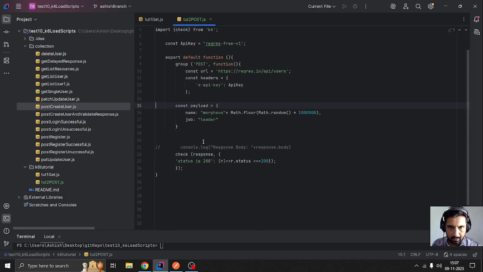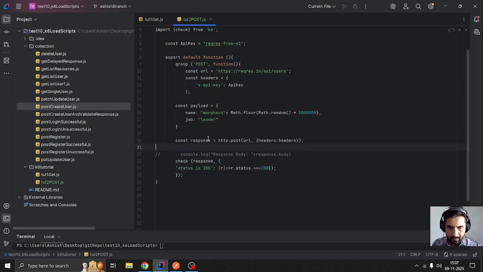we have to call that payload in our post request, right? So before you call this post request, we should append that payload that we have just created. So for that I'll just put JSON.stringify, and in the brackets I'll put payload, whatever we have defined here. We have to put a comma,